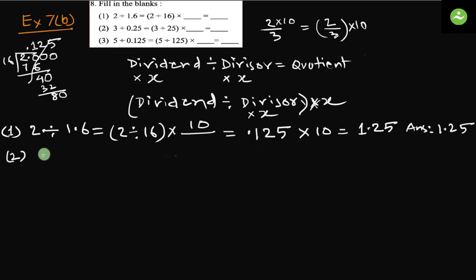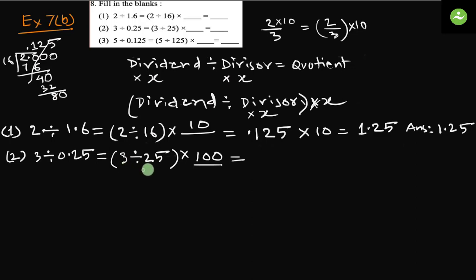The next, number 2, bracket. 3 divided by 0.25 equals 3 divided by 25. They have done 3 divided by 25. That means they have multiplied the divisor by 100. Now we have to multiply the whole quantity by 100. Equals to,